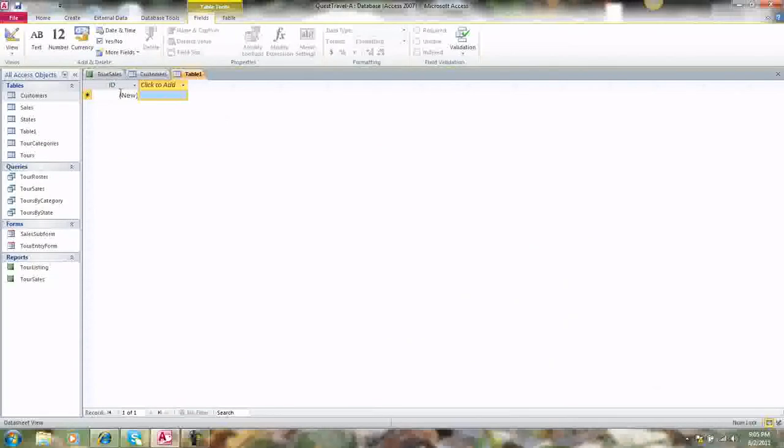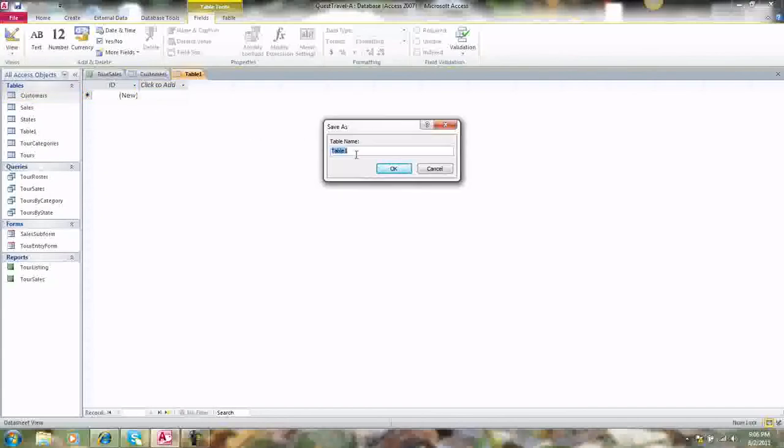The first column is always set as almost like an automatic type field where it will automatically number each of your entries. If you go to your design view, this is in datasheet view right now, but if you go to the design view, it's going to ask you to save your table first off. So let's save this table as comments,